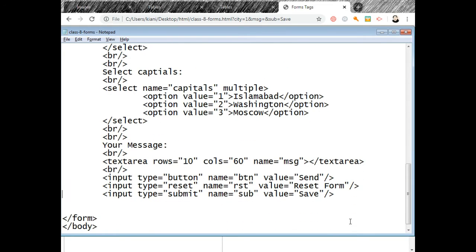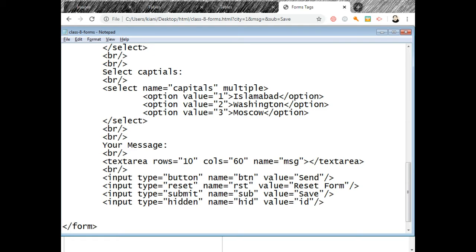There are many other tags. One more very important tag is hidden. Input type is equal to hidden. Hidden means this is not shown on the form, but the value is stored: name is equal to HID and value is equal to ID.